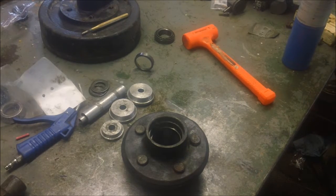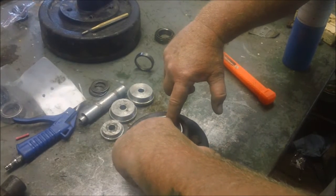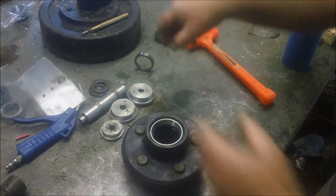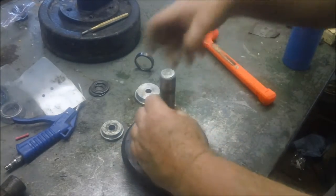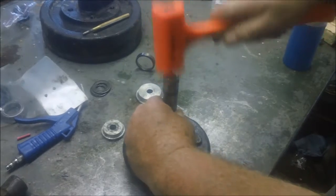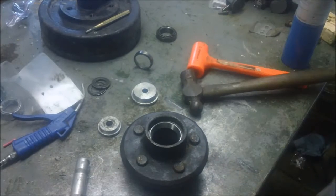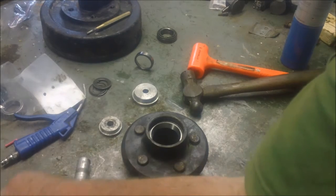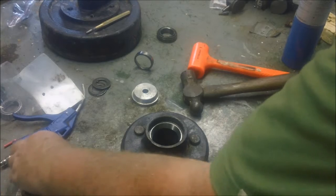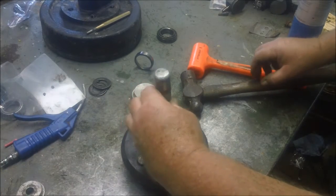If I'm lucky, I'll be able to set it in there first time. That's it. Did I have the camera on? Son of a bitch, I did. So that's really all it takes, you know. Having the right diameter here helps, because that actually fits right in the inside of the